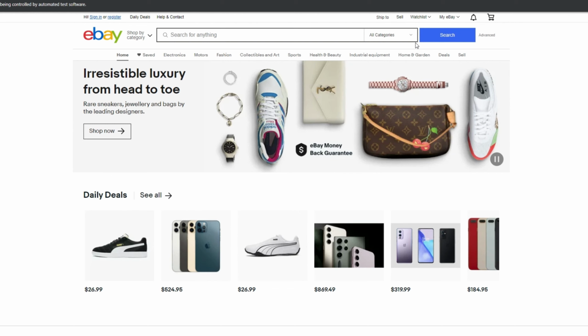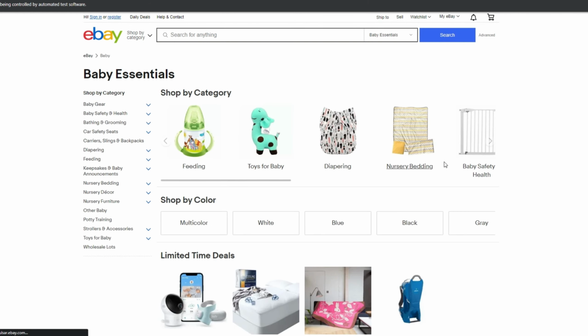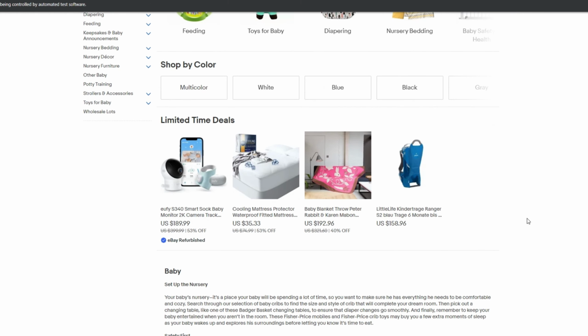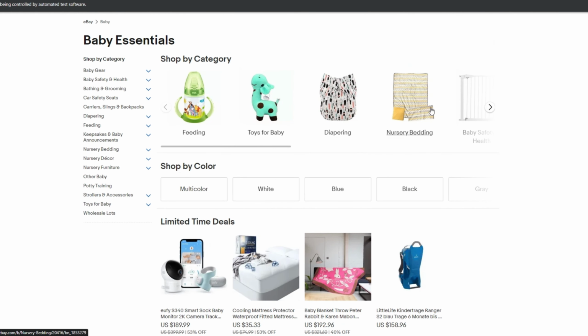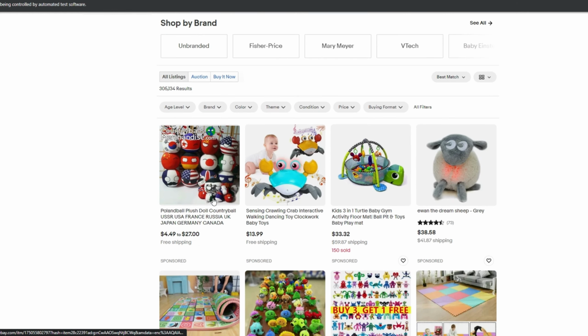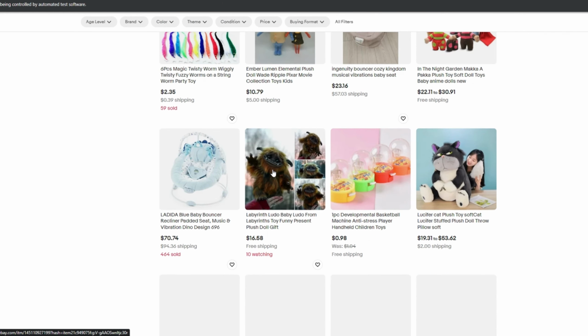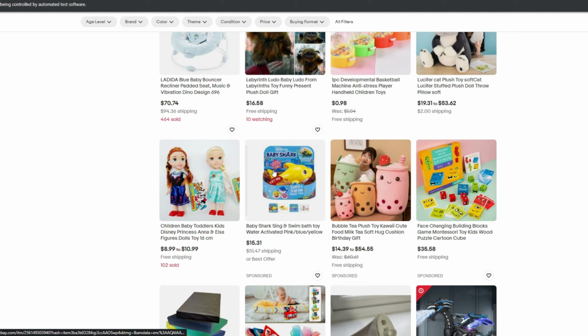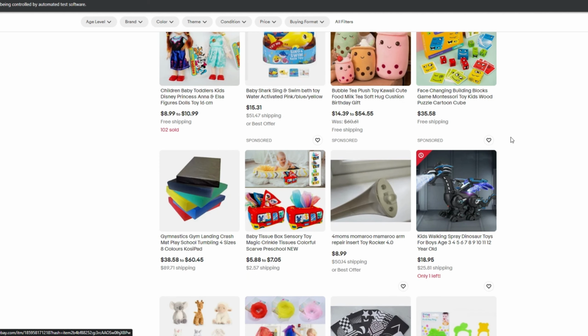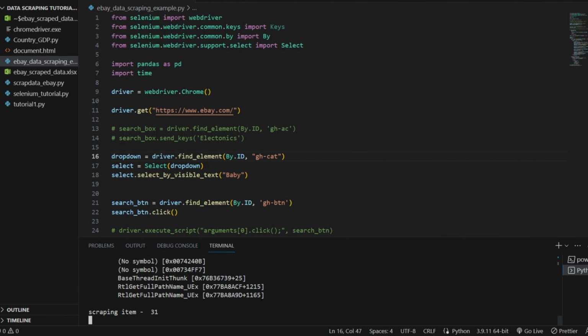Yeah, you can see. So here, from the drop down list, it should select. Yeah, baby is selected, and this search button is also clicked. But you can see we have subcategories like feeding, toys, and babies. If I click on this one, now we should have the list of items. Yeah, you can see here we have the list of items, and now this data will be scraped. Anyway,